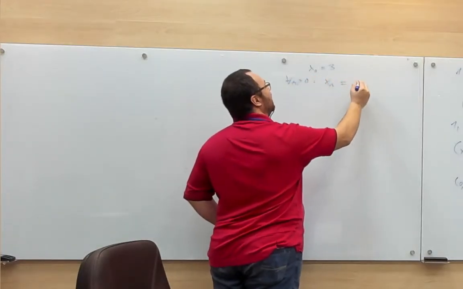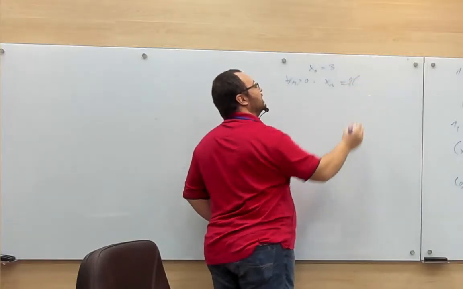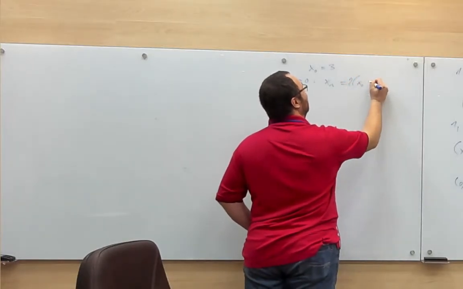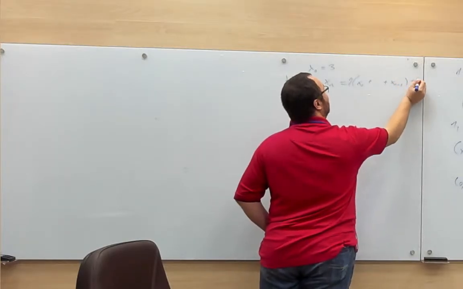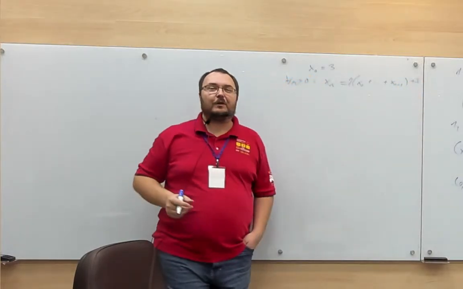xn is twice the sum of the previous values, x0 plus all the way through x(n minus 1), and then let's say plus 3. If you have a recurrence like this,